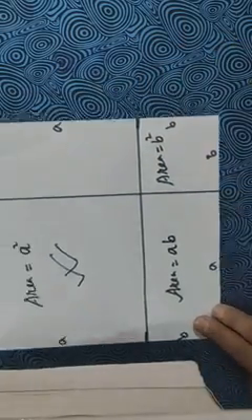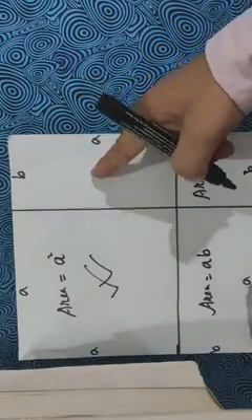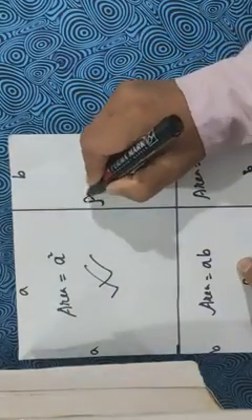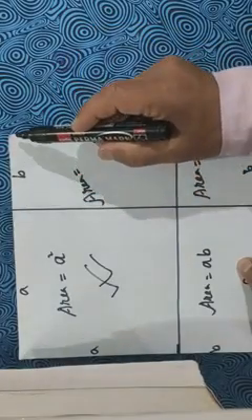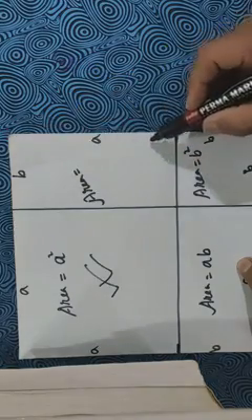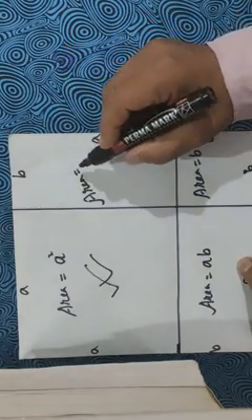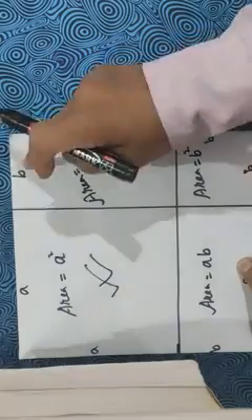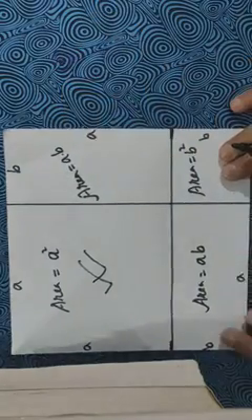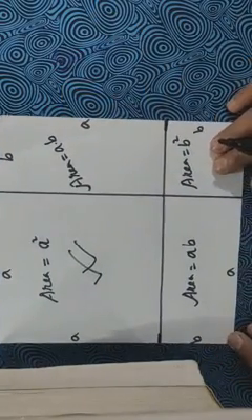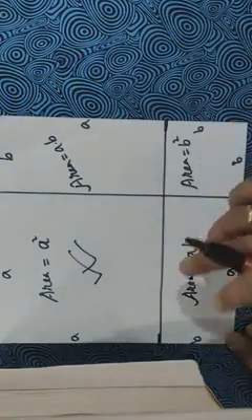Similarly, if we talk about the upper rectangle, then the area will be, what is the breadth of this rectangle? That is B. What is the length of this rectangle? That is A. Then the total area, length into breadth, is A into B. Okay, so let us sum up all these areas. Then we will obtain the area of this square.